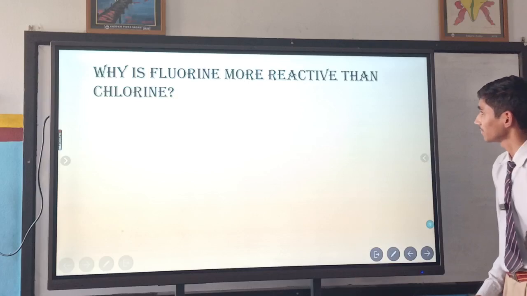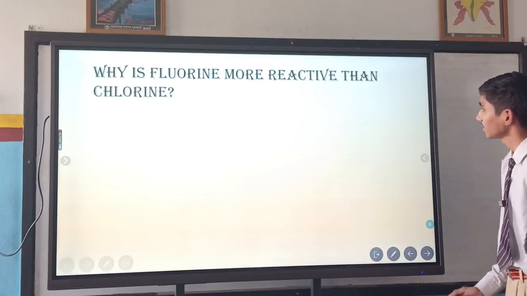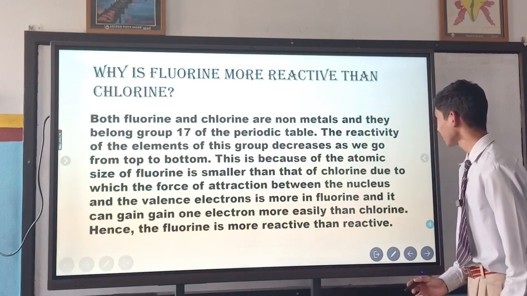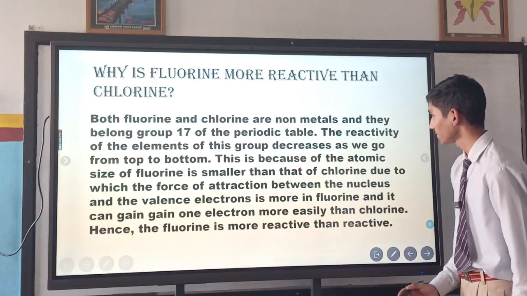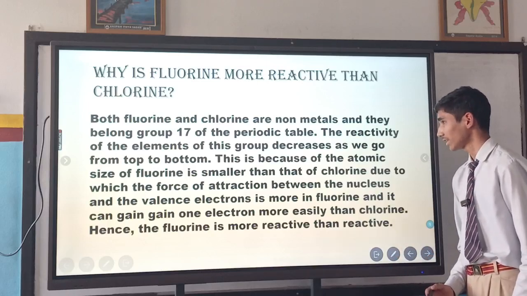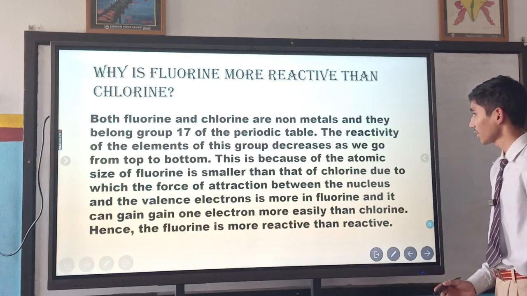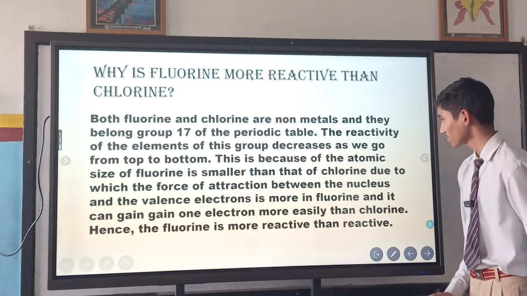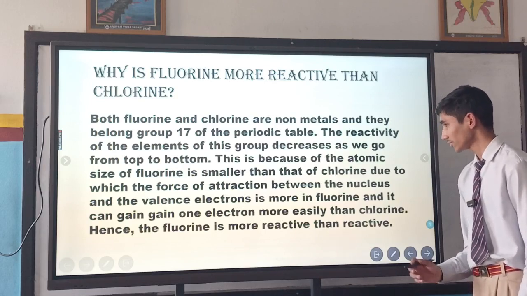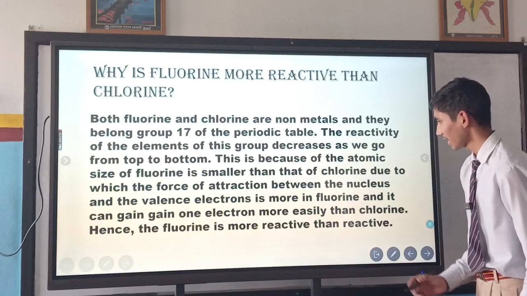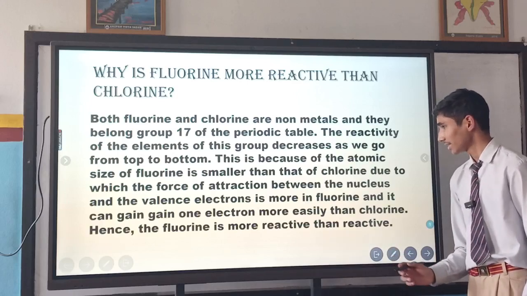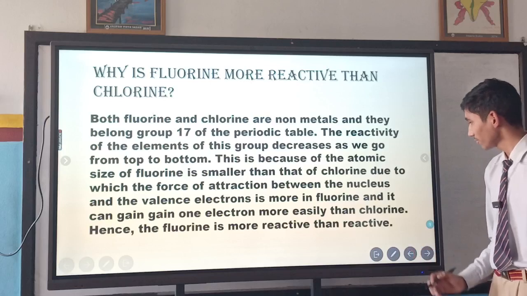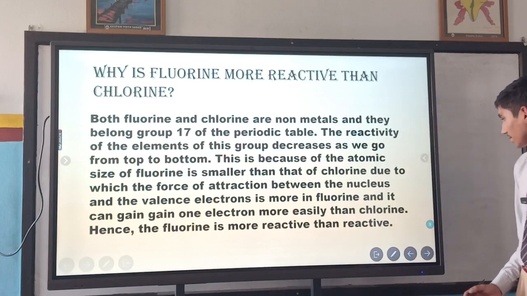Why is fluorine more reactive than chlorine? Both fluorine and chlorine are non-metals and they belong to group 17 of the periodic table. The reactivity of elements of this group decreases as we go from top to bottom. This is because the atomic size of fluorine is smaller than that of chlorine, due to which the force of attraction between the nucleus and valence electrons is more in fluorine, and it can gain one electron more easily than chlorine. Hence, fluorine is more reactive than